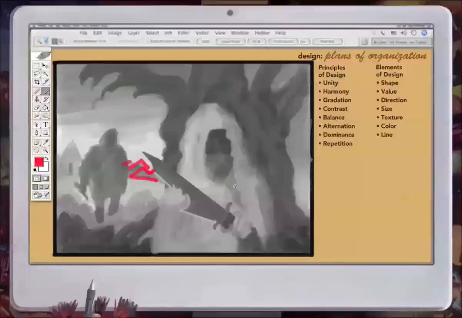Now, I could add maybe another angular shape, maybe in this part of the figure, something like that maybe, and that would repeat this angular shape and help to set up a rhythm of angular shapes opposing the curved shapes. So I have a counter rhythm,